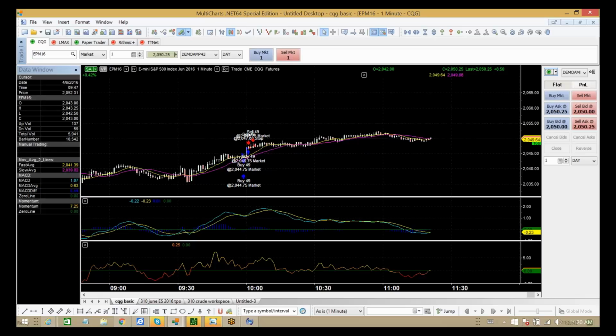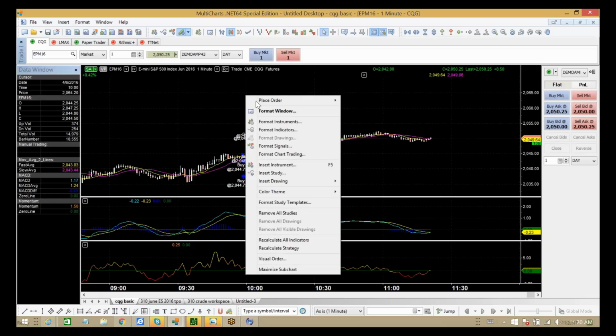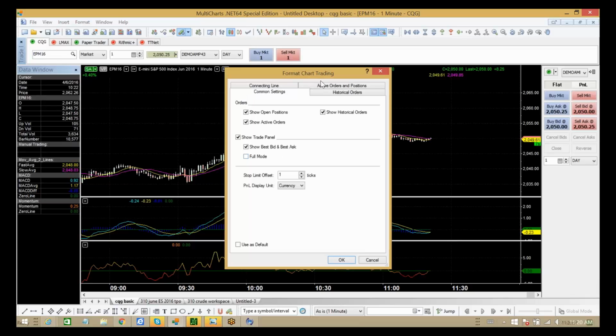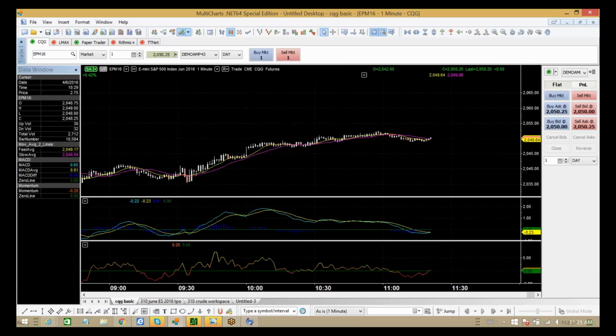And any trades that I've made, I want to take them off of here. I want to clean them off the chart. So I'm going to right-click. I'm going to go to Format Chart Trading. Okay, and now I'm going to show historical orders. I do not want to see them. Click OK, and then they're gone. All right, so let's give it a minute here